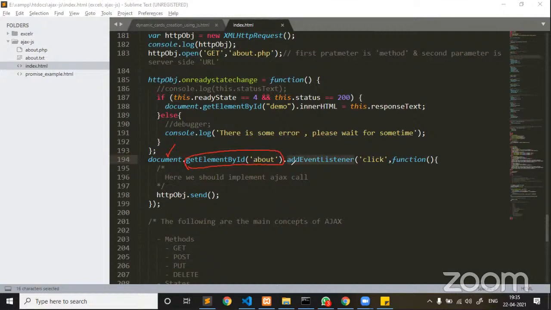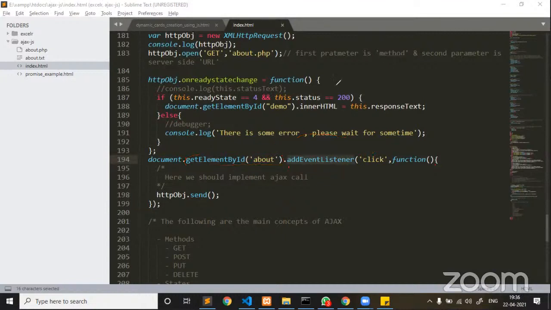Next, addEventListener is also a predefined function, and this method allows the developer to attach a click event. To whom are we going to attach this click event? To an element whose ID is equal to about. Once the click event is attached, there is what is known as an anonymous function, a function without a name. From this flower bracket to this flower bracket, this is the function definition. This anonymous function is called the moment the user clicks on the element whose ID is equal to about. This is the internal meaning of the entire code.